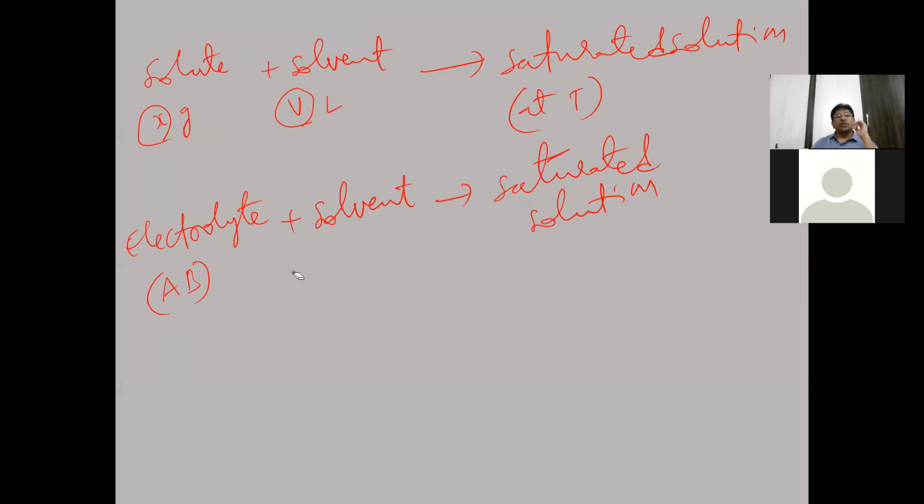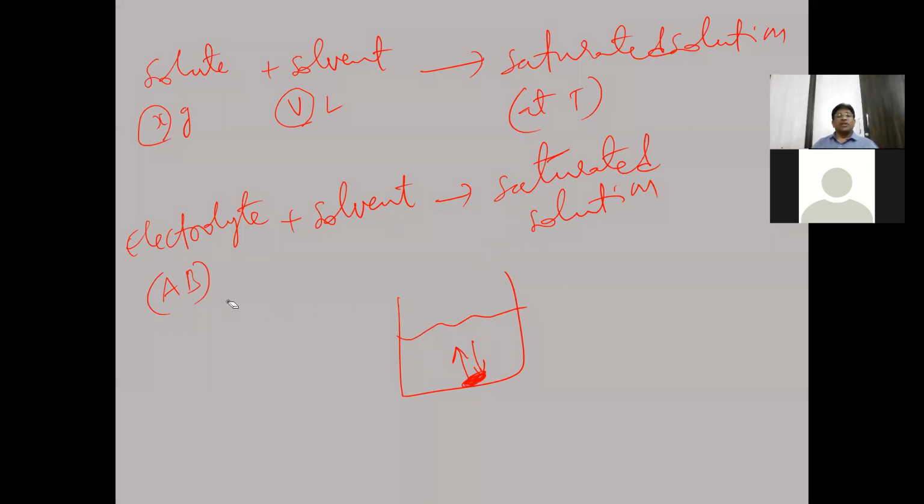So if you take a saturated solution, some undissolved solute is left over at the bottom. Between this and the solution, there will be dynamic equilibrium. In this dynamic equilibrium, if 100 molecules from the undissolved state go into solution, again 100 molecules from the solution will go into the undissolved state. If 10 molecules go into solution, again 10 molecules from solution will go to the undissolved state. So an equal number of molecules will move from the undissolved state to the dissolved state and from the dissolved state to the undissolved state. This is called dynamic equilibrium, which exists in saturated solutions.